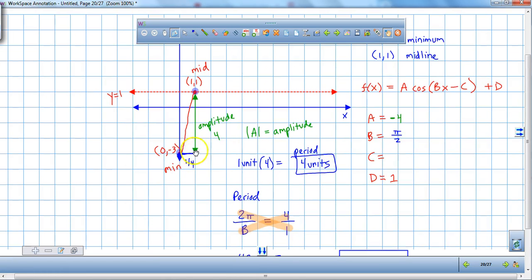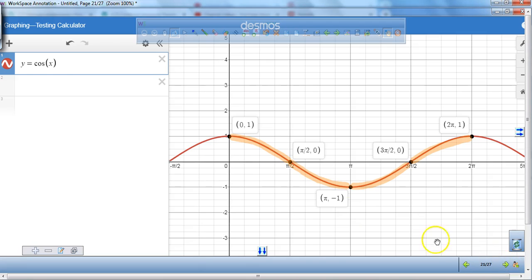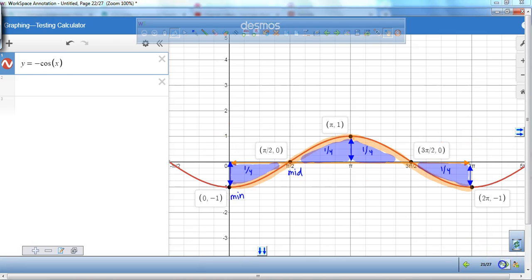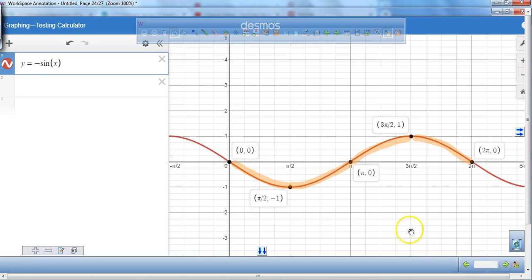Now one thing you'll notice, whenever you have a graph that starts at 0,